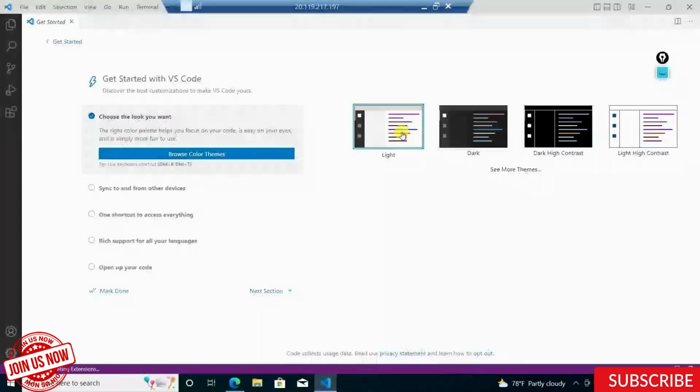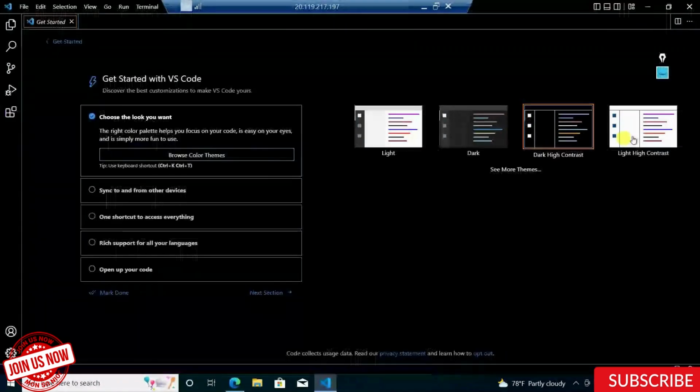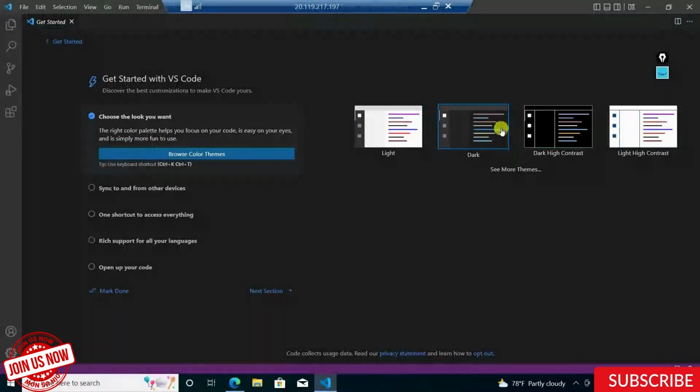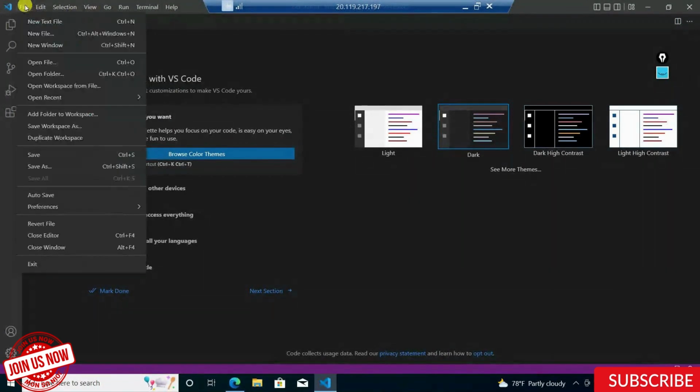You can go for a light color, you can go for a dark contrast, you can go for all these colors that are available. I personally prefer the dark because it lets me read a lot of things. What I want you all to do at the very beginning is, you have all these options called File, Edit, and so on. Just click on File and say open a folder,